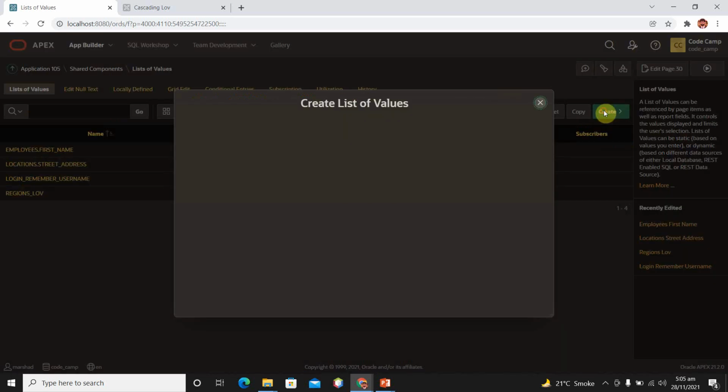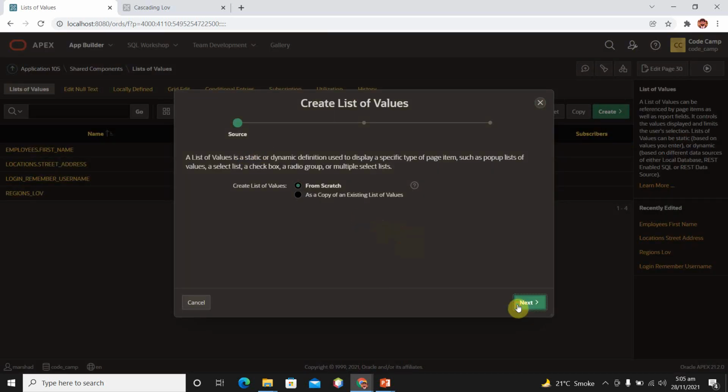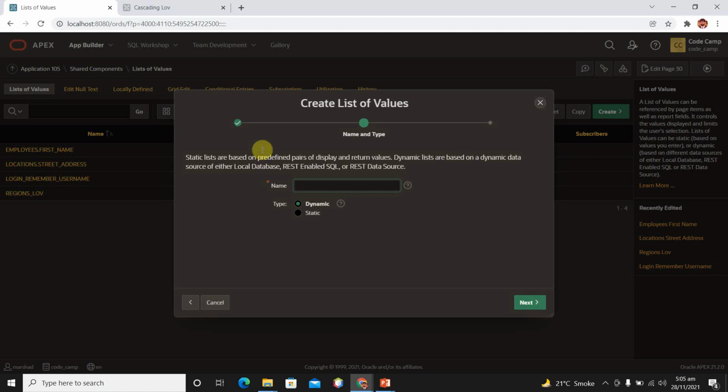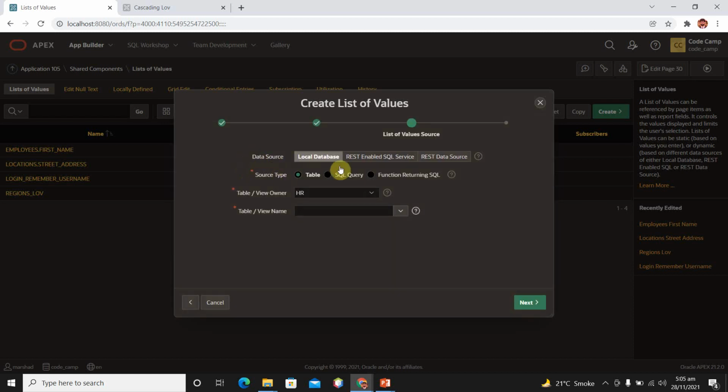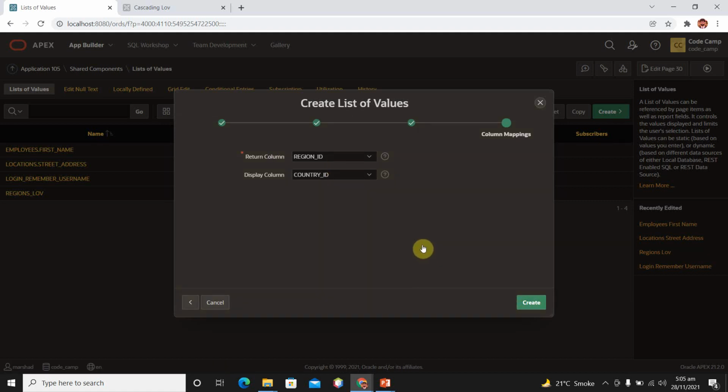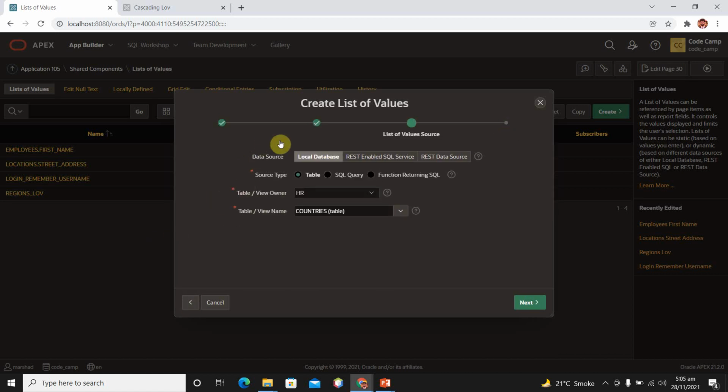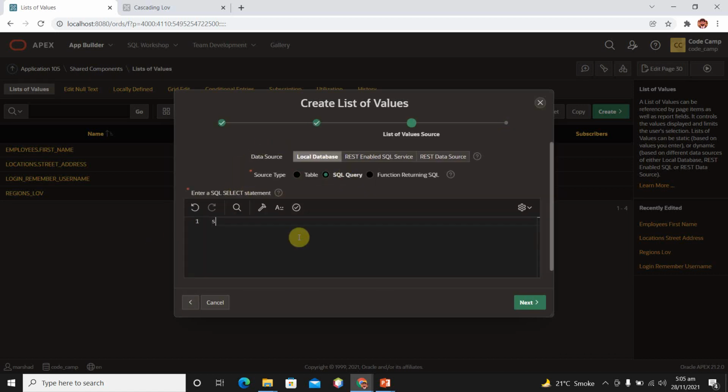So I create a new LOV from scratch, and the name of the LOV is countries, and it's dynamic. For the name, here we need to provide the table countries. Next, it is table based. Okay, and create. Okay, go back, and it is query based. Select country_id, country_name.